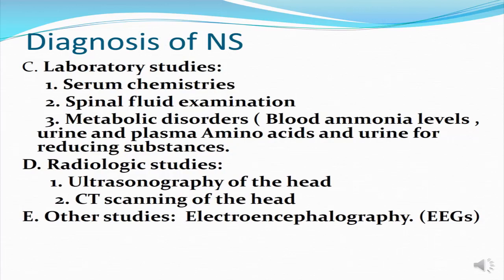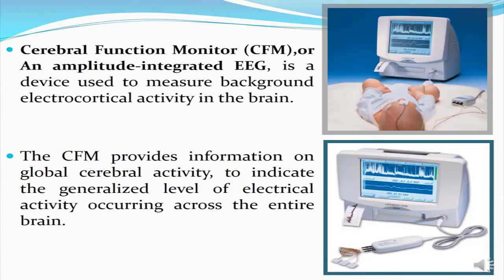Radiological examination, like ultrasound of the head, especially for intraventricular hemorrhage, might be beneficial, but we might need to do CT scan for other types of hemorrhages, and even MRI. Other studies: EEG is very important, and we have the conventional EEG, and we have the cerebral function monitor, or amplitude integrated EEG, which is a device used to measure the background electrocortical activity in the brain. The cerebral function monitor provides information on global cerebral activity to indicate the generalized level of electrical activity occurring